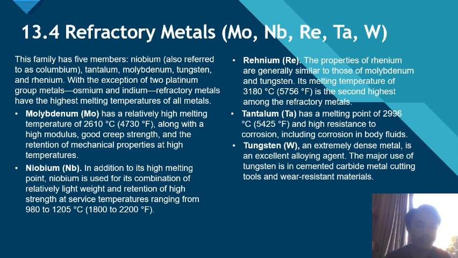That's like 1,800 to 2,200 degrees Fahrenheit. Rhenium, Re. The properties of rhenium are generally similar to those of molybdenum and tungsten. Its melting temperature of 3,180 degrees Celsius, which is like 5,756 degrees Fahrenheit, is the second highest among the refractory metals. And tantalum, Ta, has a melting point of